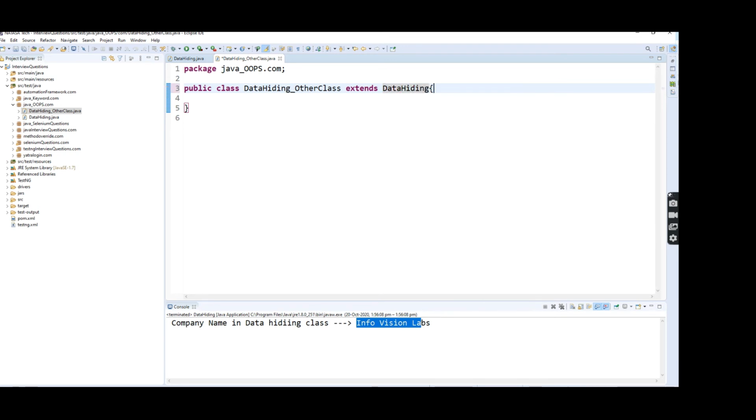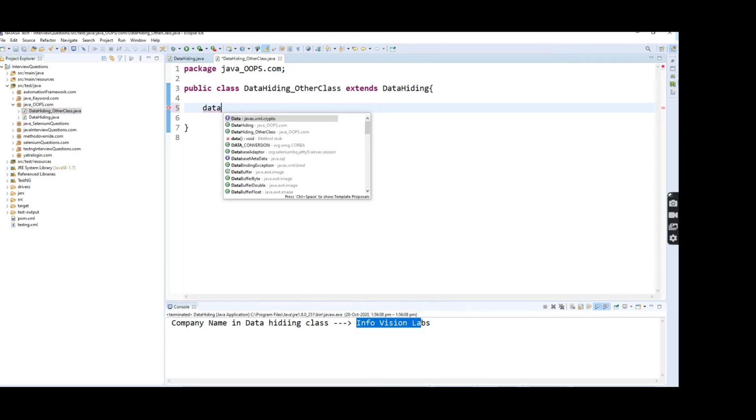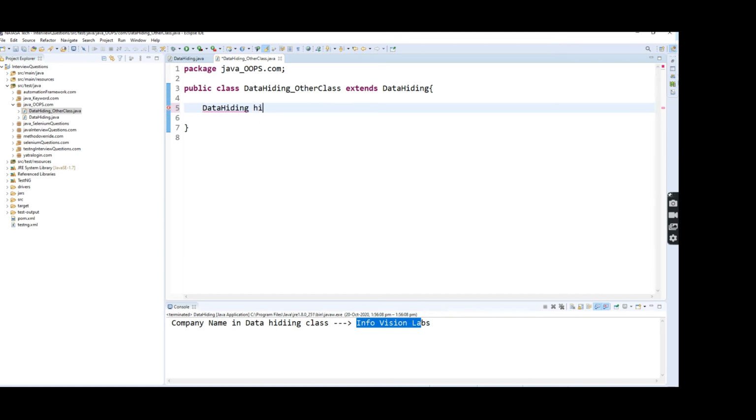Now I'm going to create a reference variable for DataHiding: DataHiding hide equals new DataHiding. Now I'm going to print.